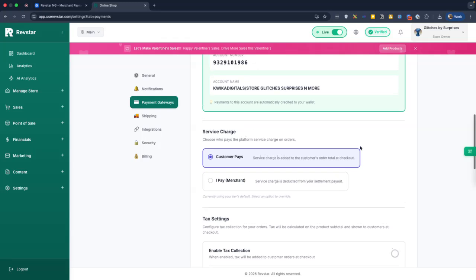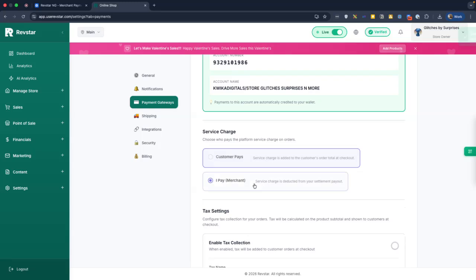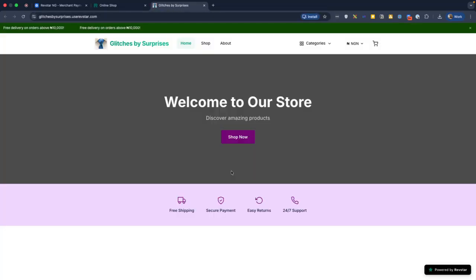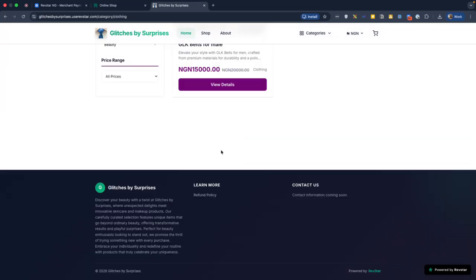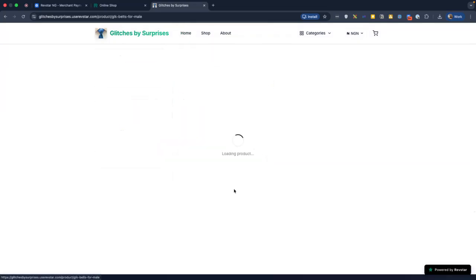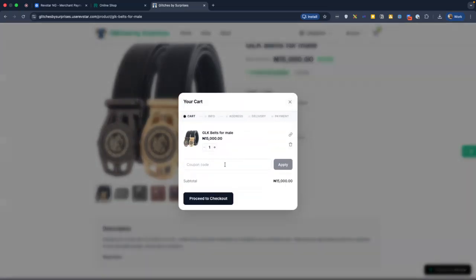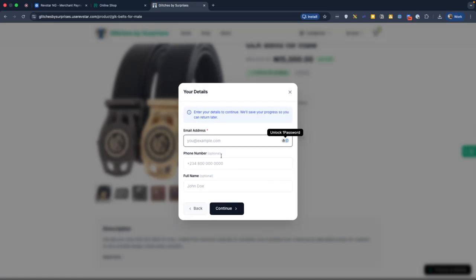And for service charge, we have instances where you might want to take the service charge on you instead of the customer paying it. You can enable service charge here. You can say merchant pays service charge. So if anybody gets on your store and they want to order something, say they want to order belts, they click view details, you add to cart, you proceed to checkout,